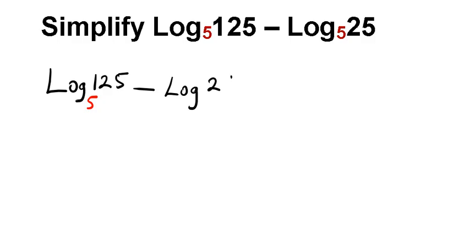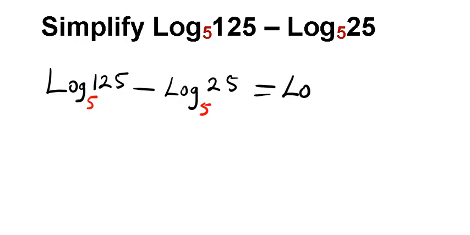So it's going to be log 125 to base 5 minus log 25 to base 5. Here we can find out that the two logarithms are in the same base, which is base 5, and the two logarithms are subtracting each other. So it's going to be